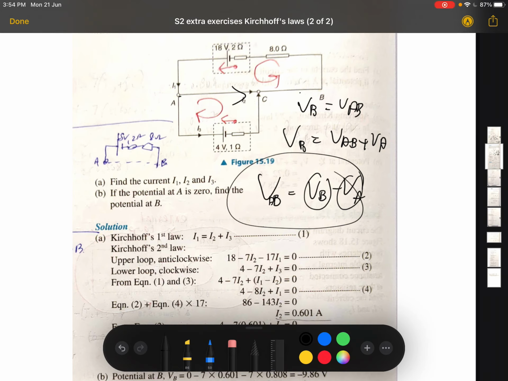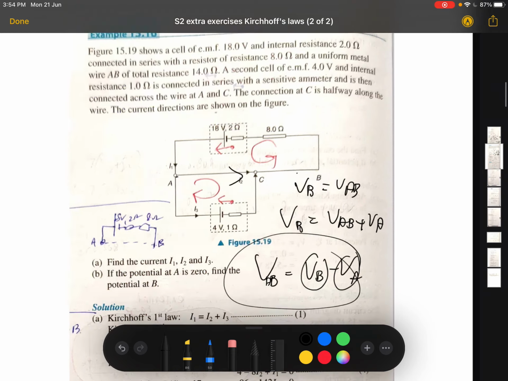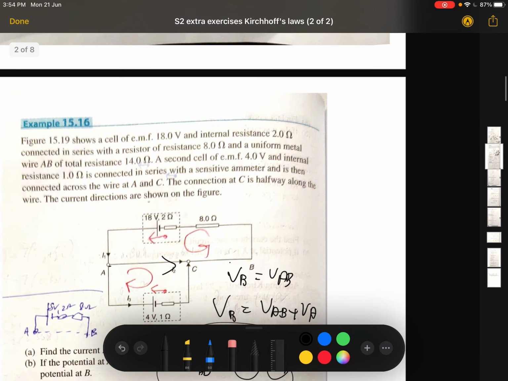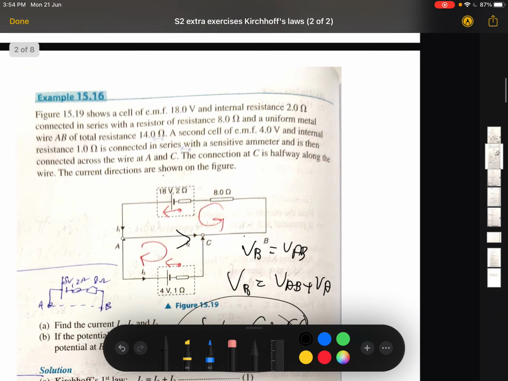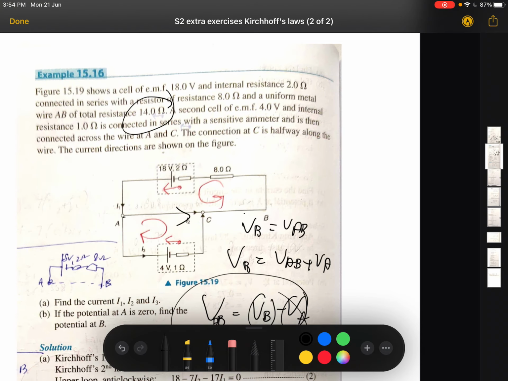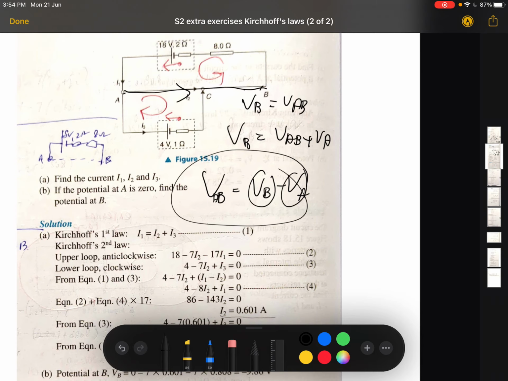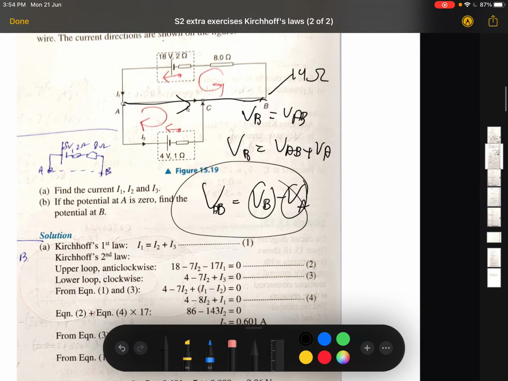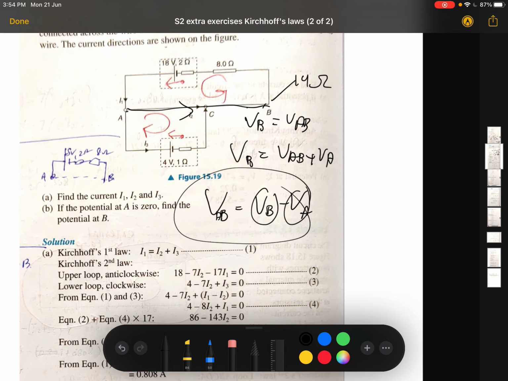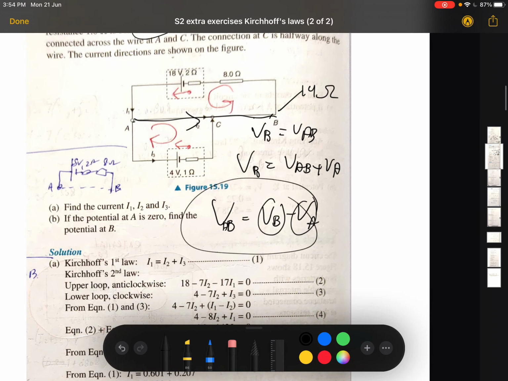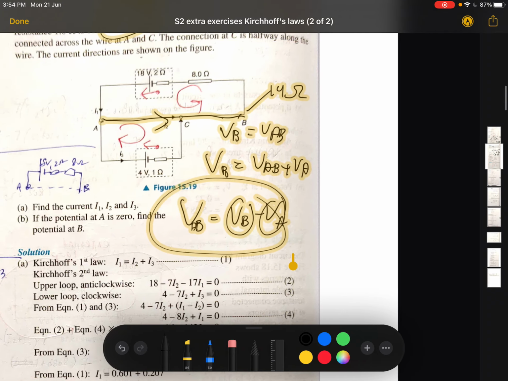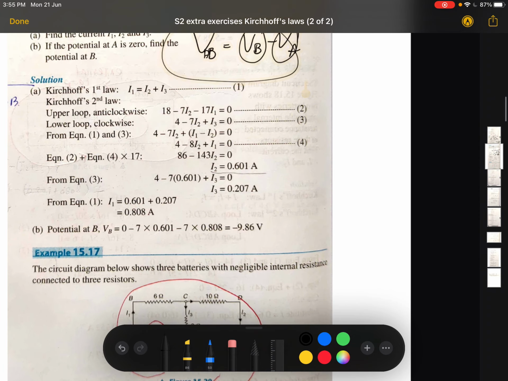Okay, so let me just look at the question again. The metal wire has a resistance of 14. So this whole thing is 14 ohm. And then your I2 is going the same direction. And the I2 you got from here is